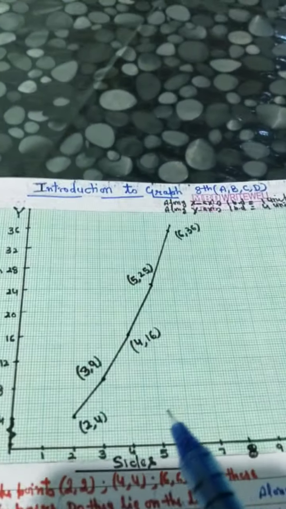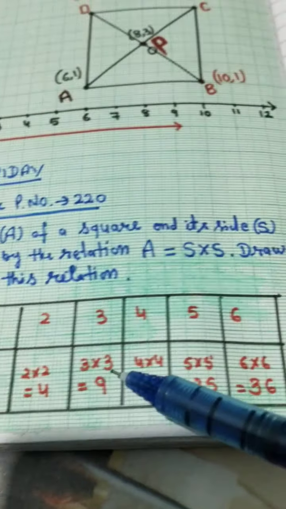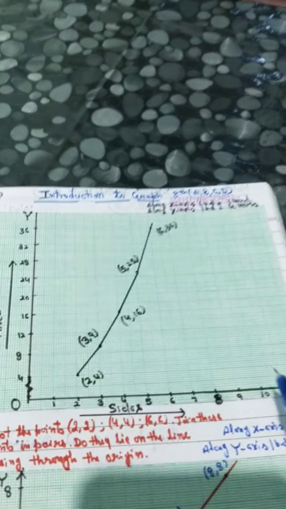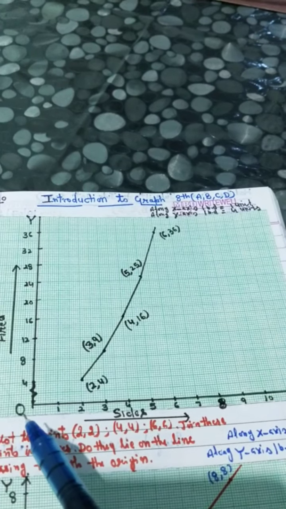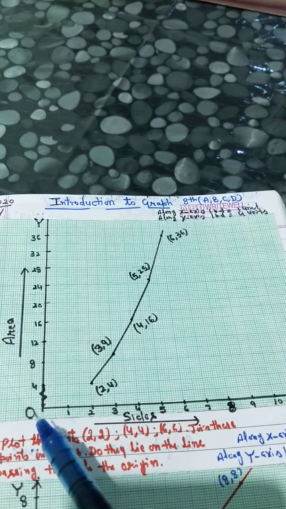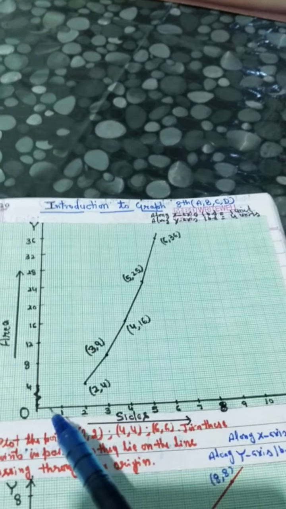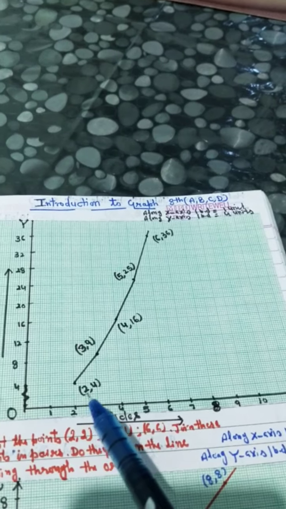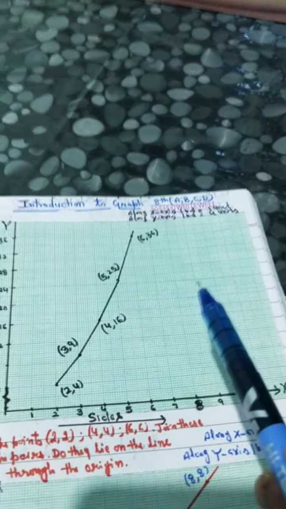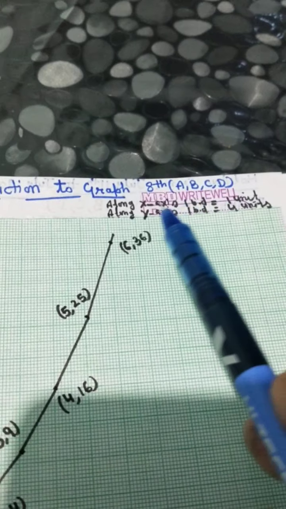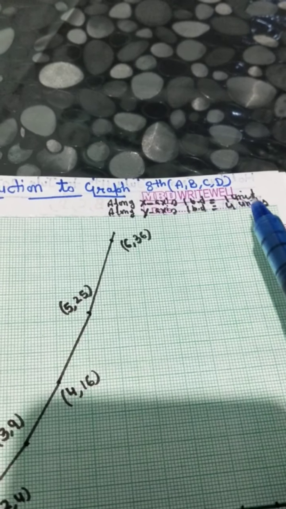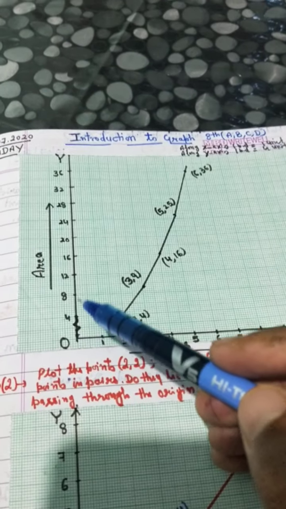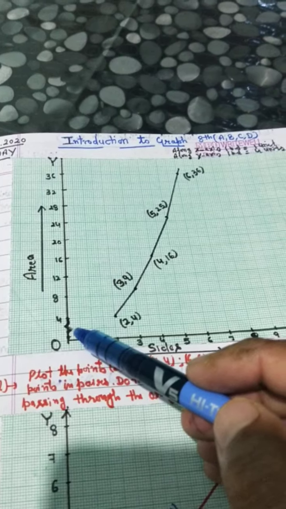To plot these points on graph paper, we have to draw two lines, one horizontal line, other vertical line. The x-axis and y-axis meet at point O. O is called your origin. Here x coordinate is 0 and y coordinate is 0. So I don't take your 1 because area is 1. If I take your side 2, then its area is equal to. So along the x-axis, your scale used: along the x-axis, 1 big division is equal to 1 unit, and along the y-axis, 1 big division is equal to 4 units. 4, 8. So from 0 to 4, I have to use a kink here.